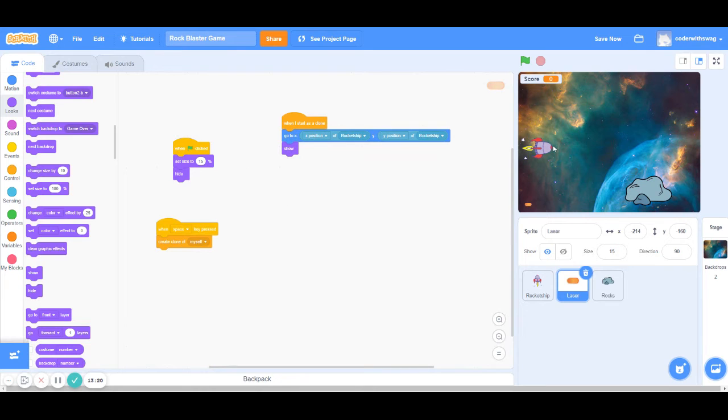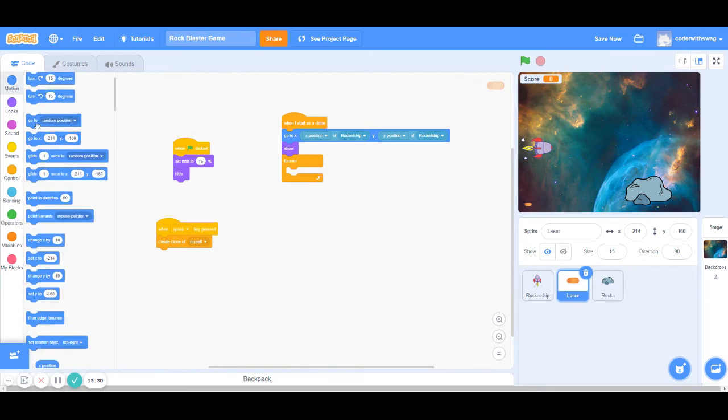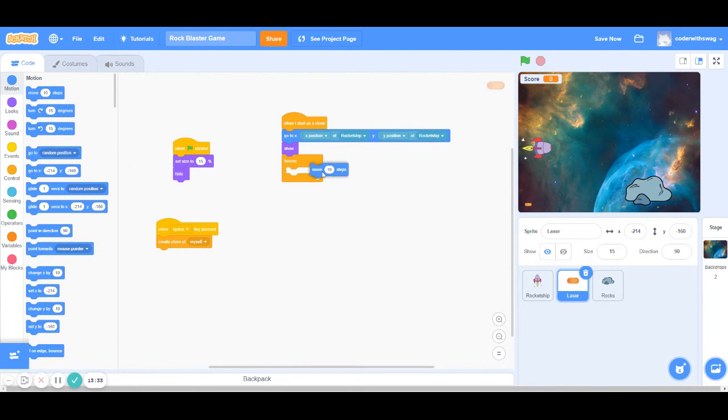We actually have to make the clone move to the right so that it looks like a laser. And the way we're going to do that is by going into control and using a forever block. And we're going to go into motion and use move 10 steps. So now what this does is when the clone gets created, it's just going to move 10 steps to the right